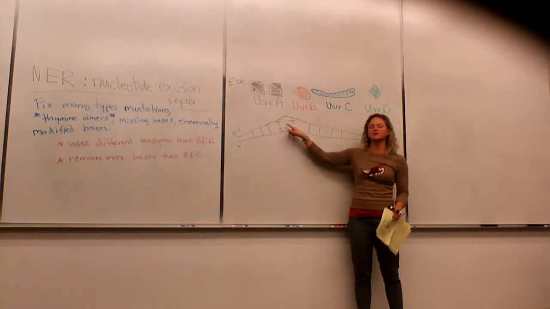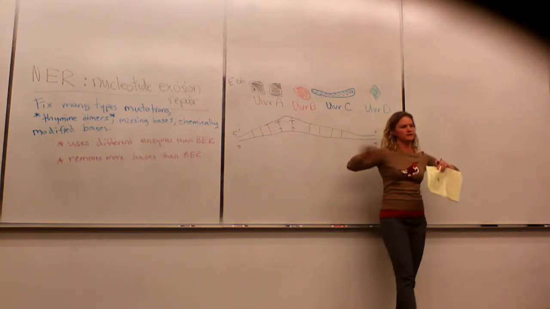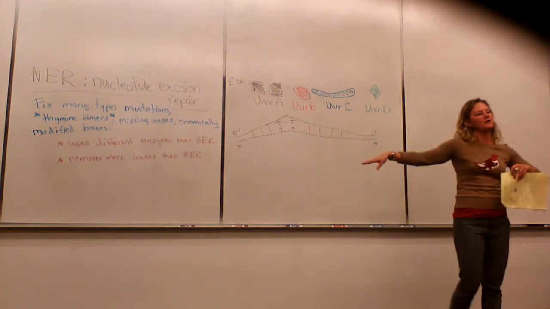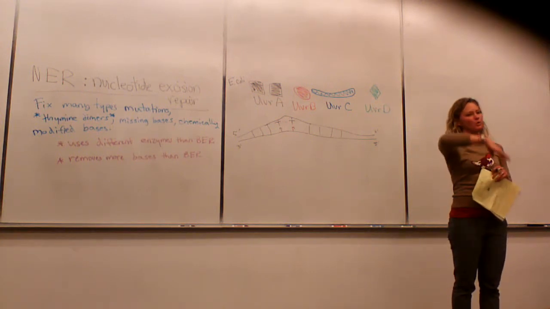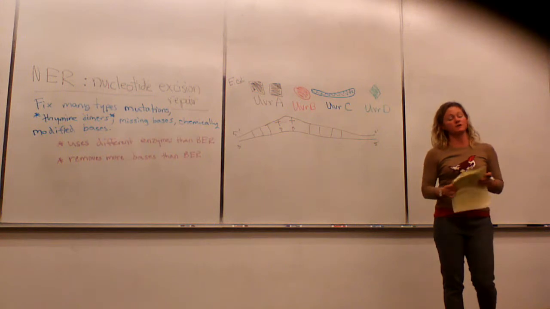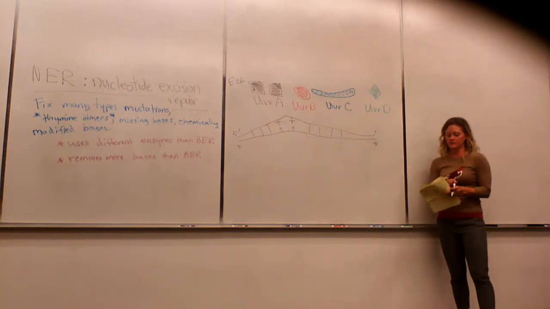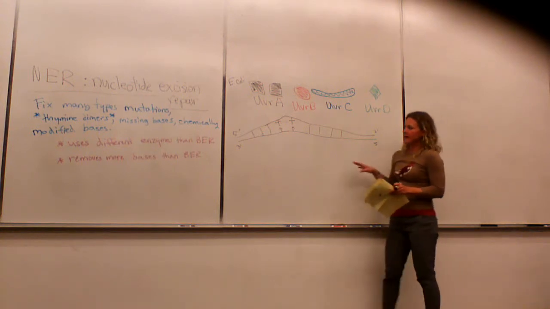Whenever you take two bases and you hydrogen bond them to their neighbor right next door on the backbone instead of across the way on the other side of the double helix, it bulges the helix out. Okay? It makes a big three-dimensional, what people refer to as a lesion. So when this happens,